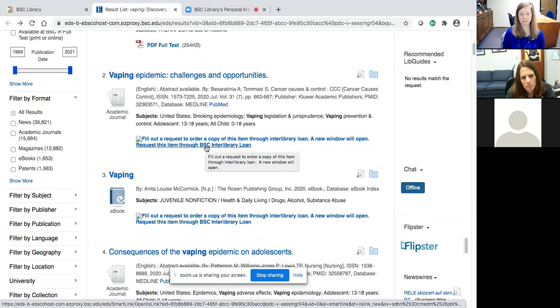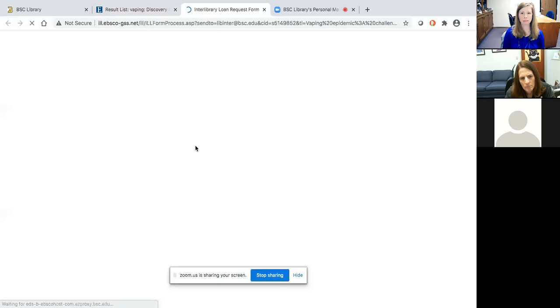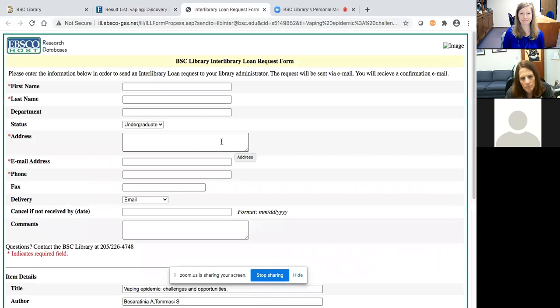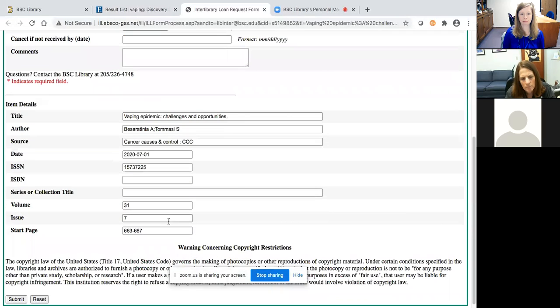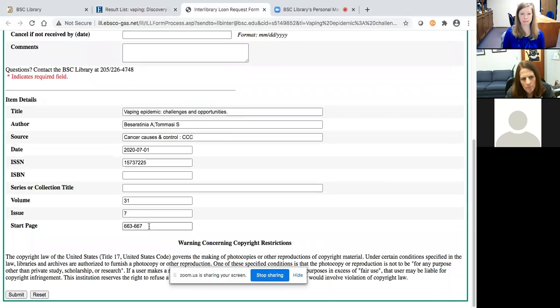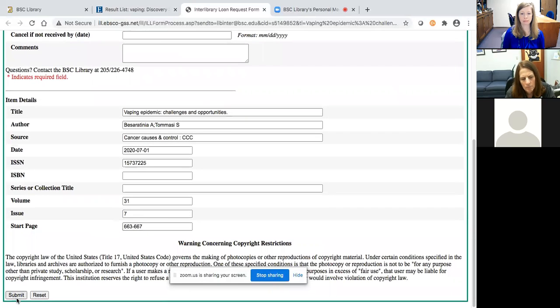So just like the web forms that I showed you for Interlibrary Loan, you have links that help you fill out the forms for items. So item 2, we don't own it or subscribe to a product that provides the full text, but we can still get it. So if you just follow this link, it's going to take you to a form that looks like this. Your information goes at the top. And what's handy about this, if you use the links in Discovery or the catalog, then the item information is already populated for you. So you don't have to fill any of that out. You just enter your information at the top and click submit, and then the Interlibrary Loan team will follow up with you on that